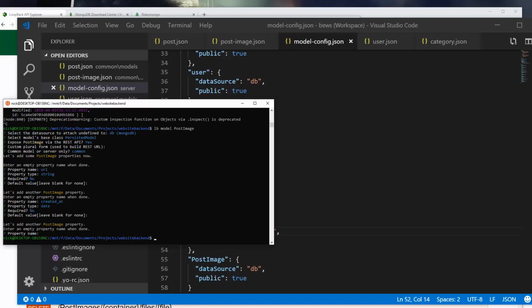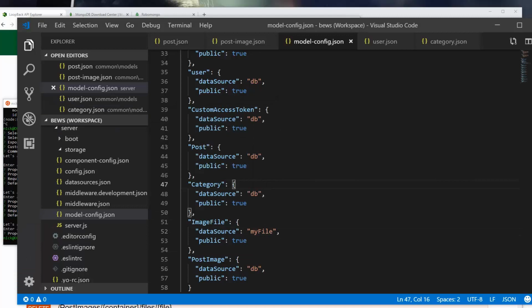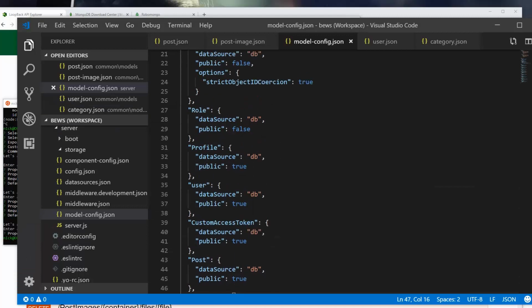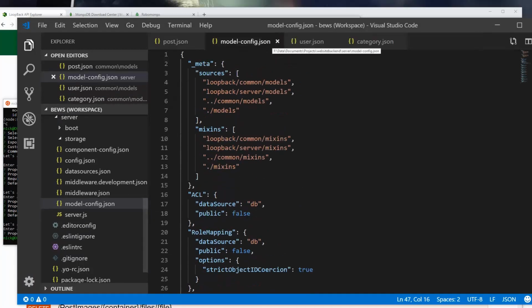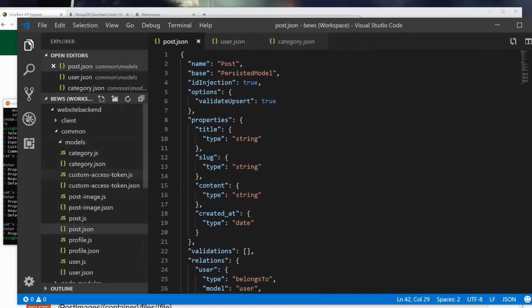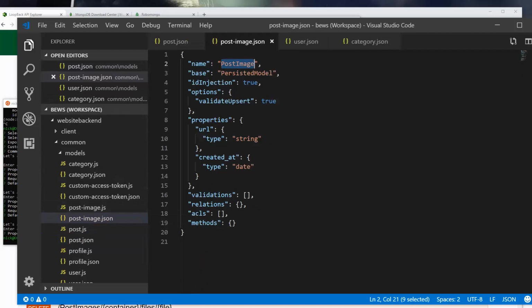Now, we're actually going to talk about remote methods as well, because we're going to use this post image collection, which is not the actual image files being stored. I'll show you guys what I mean. It sounds a little confusing right now. I understand that. What we'll have to do is a few things, actually. Post image now,